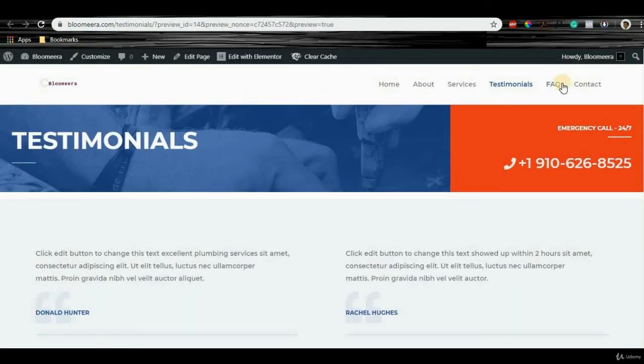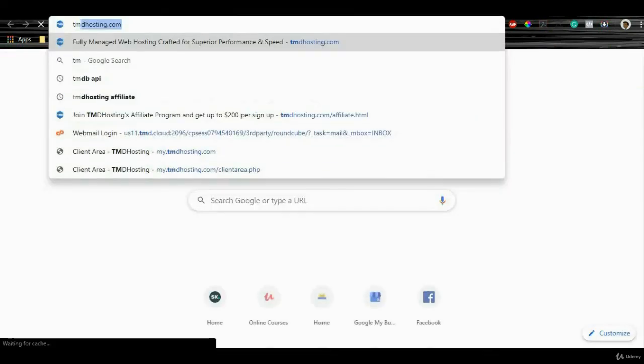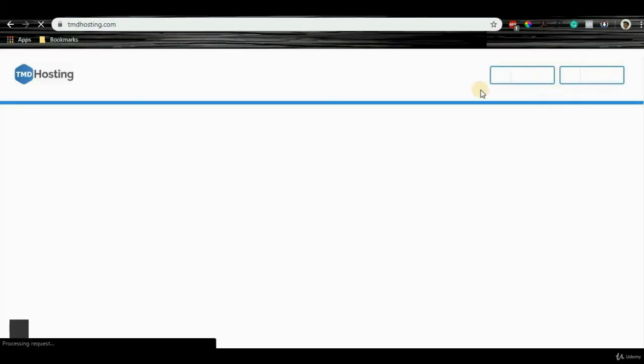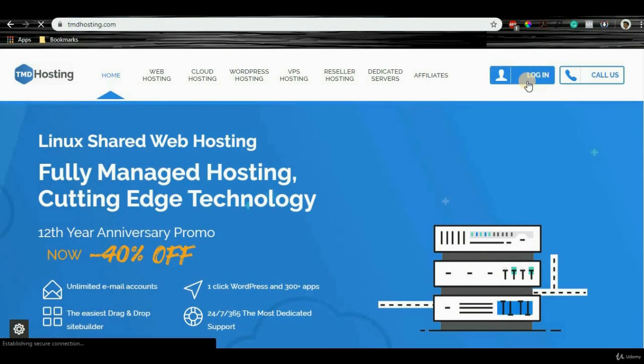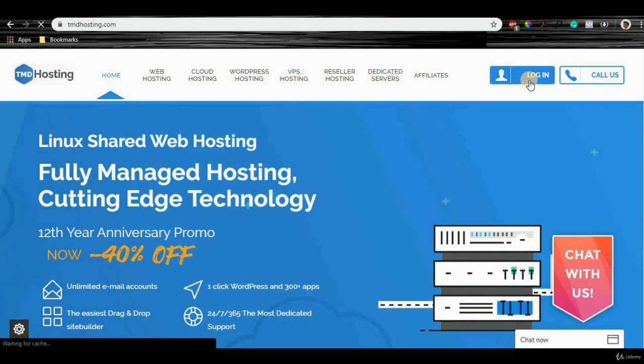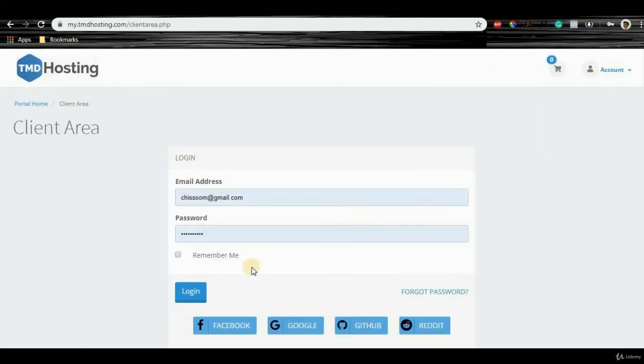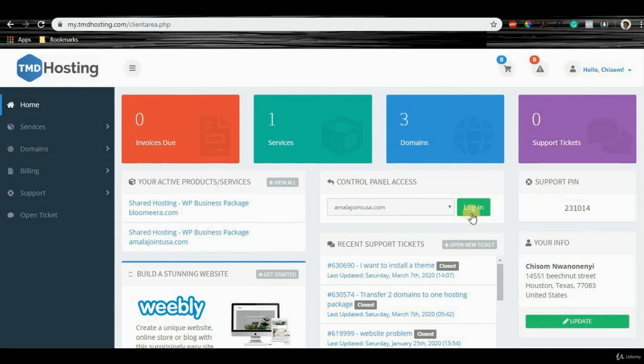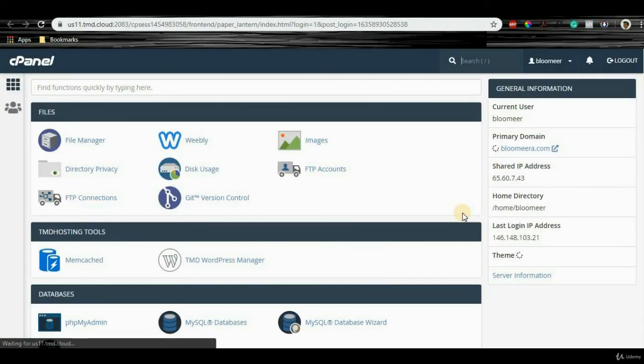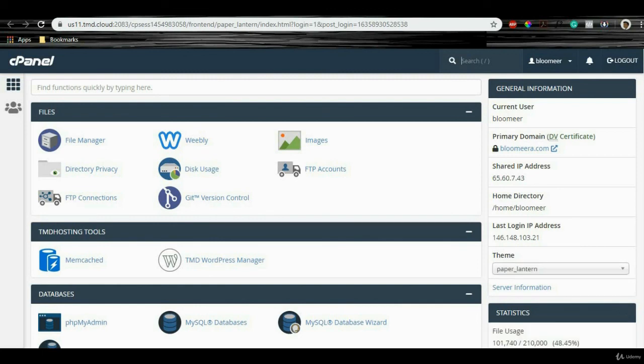Okay. Click on FAQ and go over to tmdhosting.com. Hopefully you already have an account with them using the link I gave you. Click on Login. Login takes you directly there. Log in. So once it takes you directly here, I'm going to show you how to do it in a minute. But before I show you that,